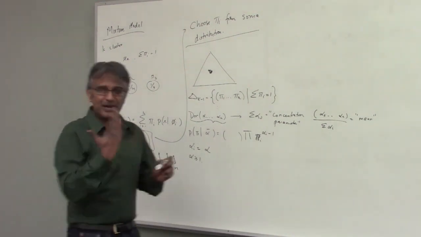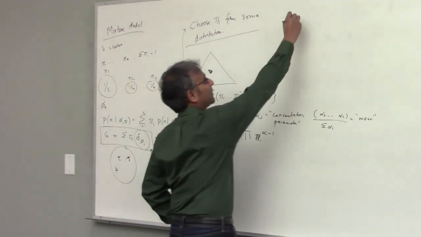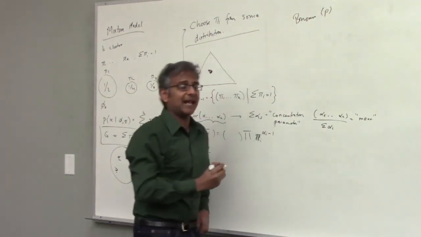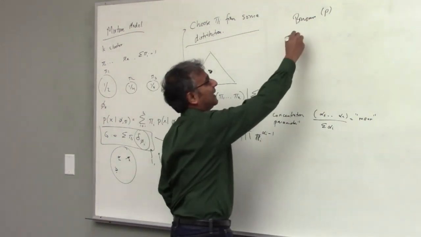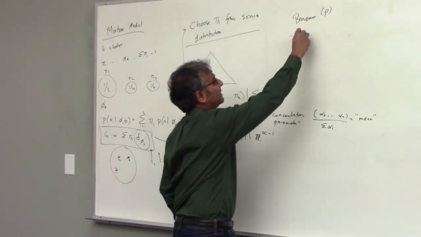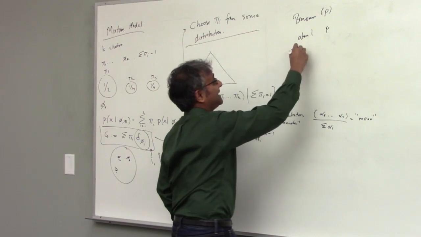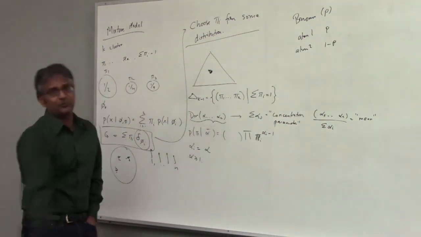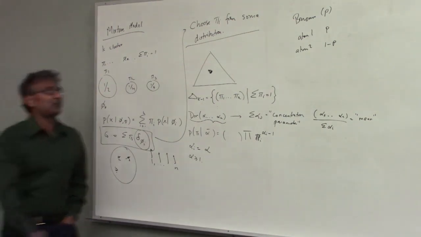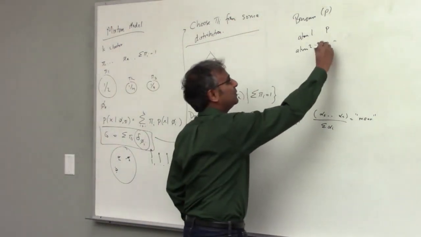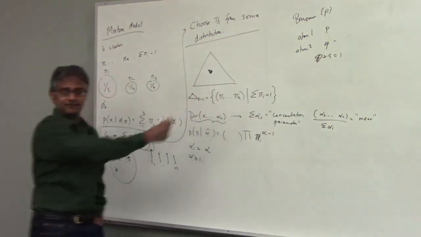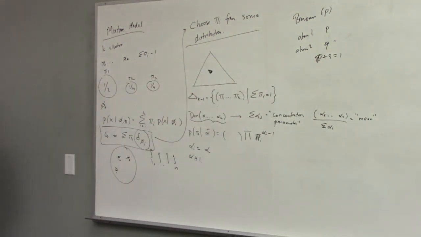So a binomial distribution says I have a parameter P. What this means is that I see atom number 1 with probability P, and I see atom number 2 with probability 1 minus P. Multinomial is like multiversion. Okay, so I should write this as P and Q, where P plus Q is equal to 1. So that's exactly it. Yes. So why don't we sample from a multinomial distribution?